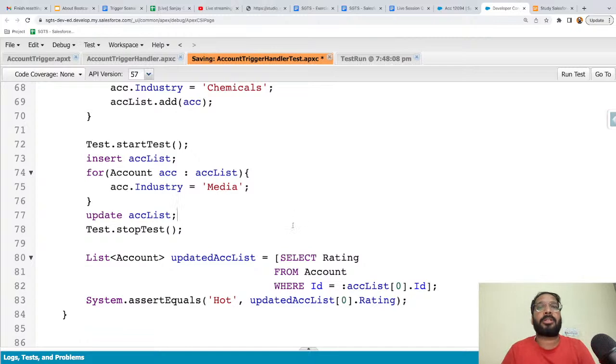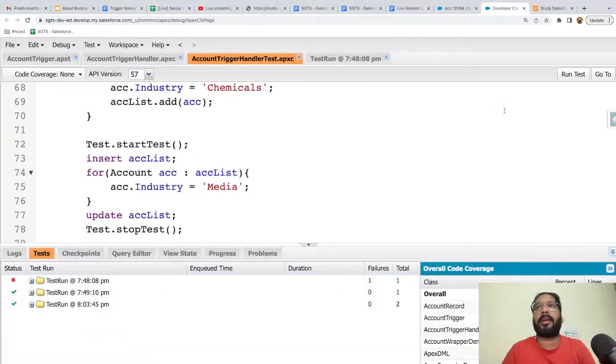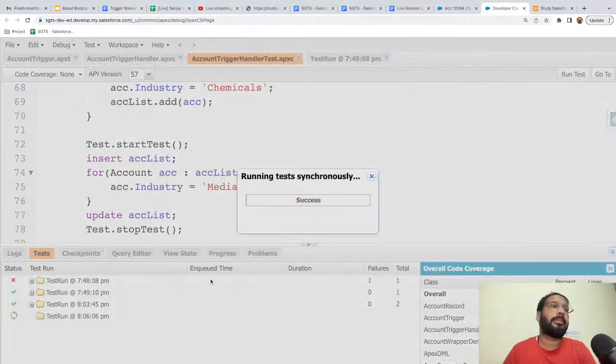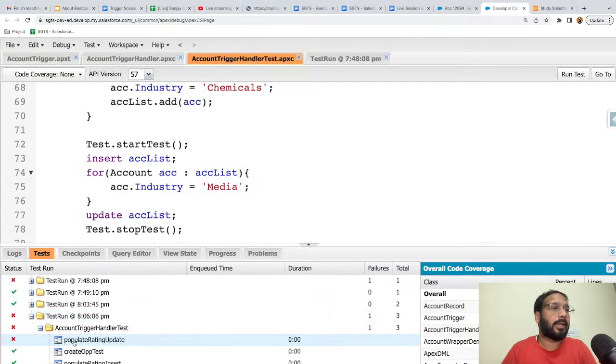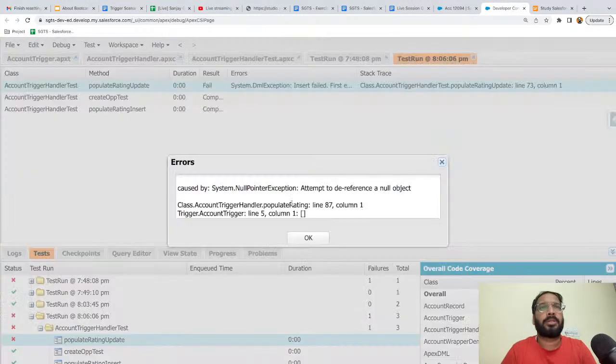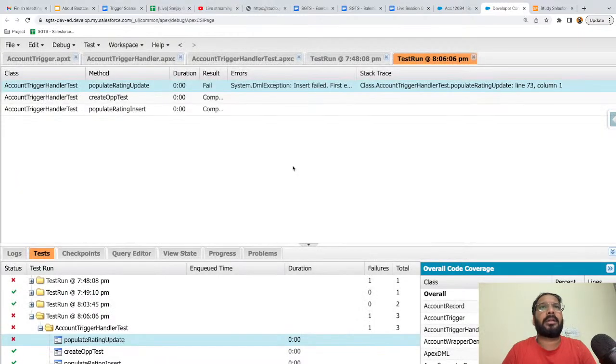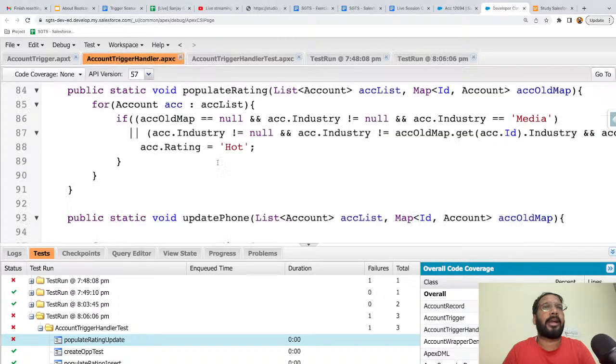So I'm just saving it, and if I click on run test, now 3 methods will execute, and this one method is failing. Populate rating update is failing. So here insert is failed. Okay, attempt to dereference a null object. So, okay, at insert we didn't provide